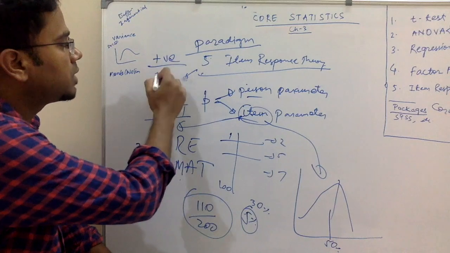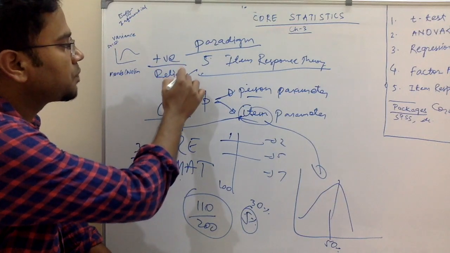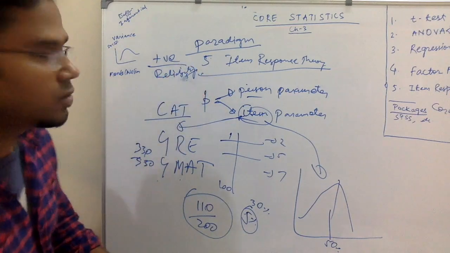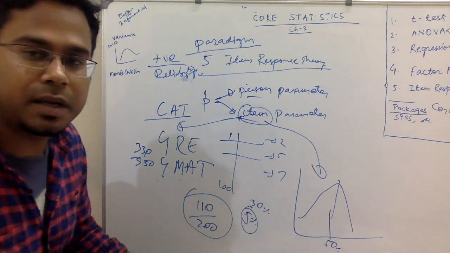Positives they can ask, so you say high degree of reliability. That means, if you have studied research methods, you know reliability means